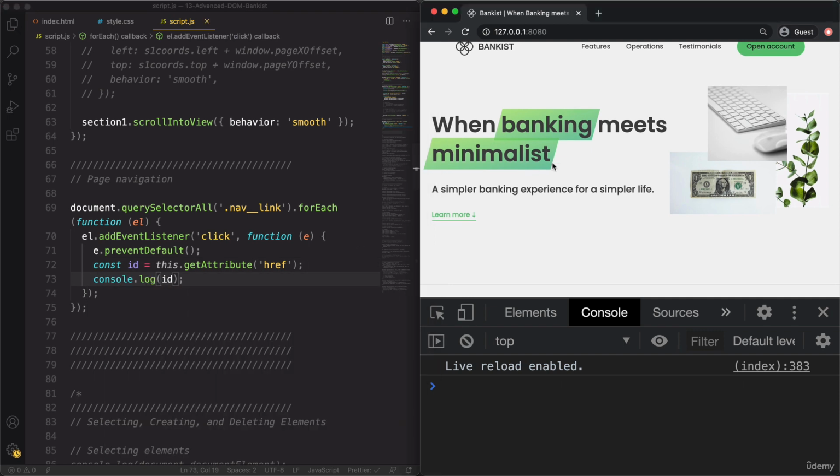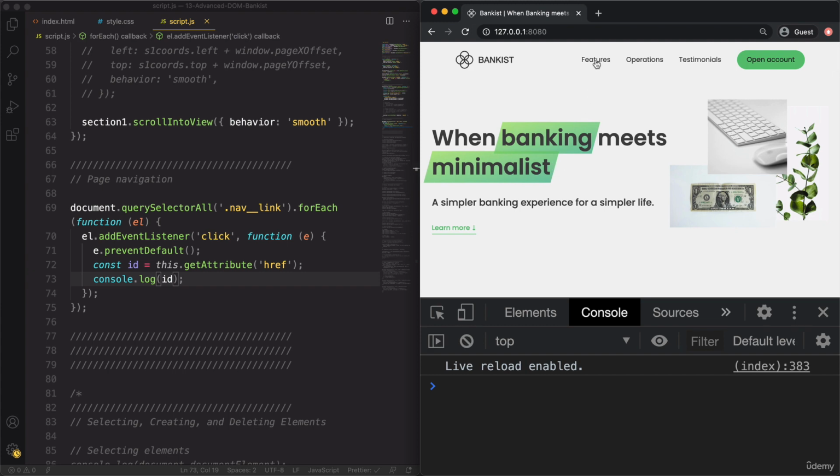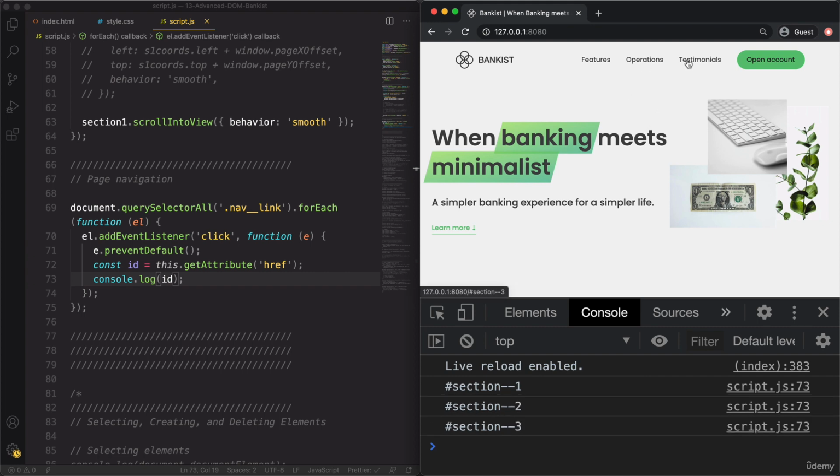Anyway, let's now log this to the console to see again what we're doing here. And so you see we get now section 1 here, 2, and 3. And now, as I was saying before, this here looks pretty much like a selector already. And so we can now take this and select an element based